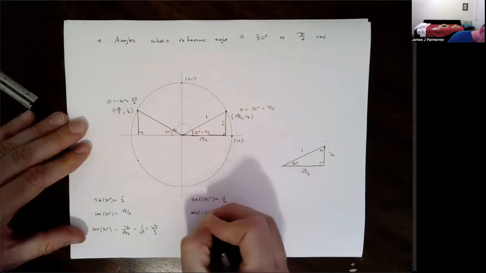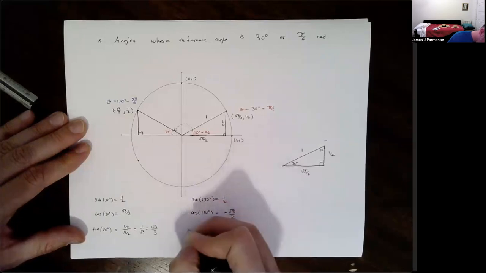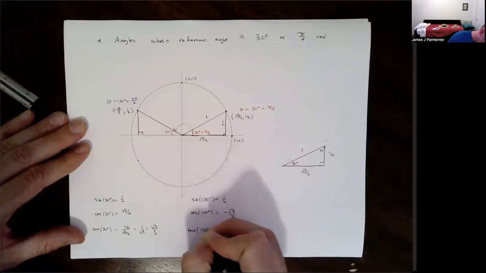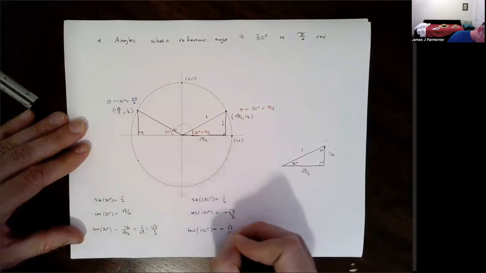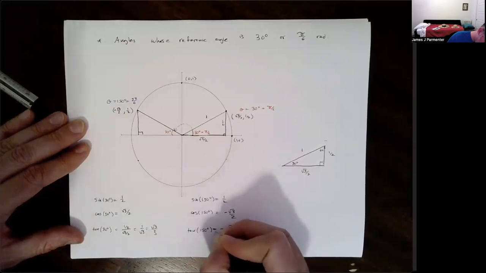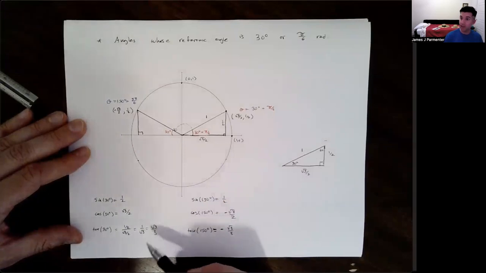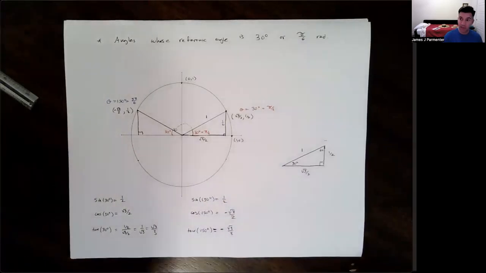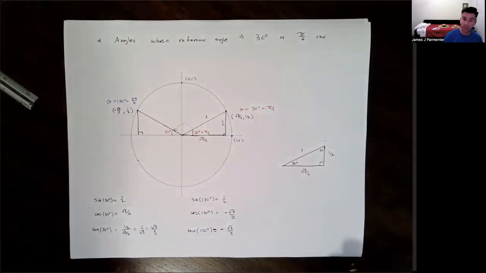Cosine of 150 degrees is going to be negative √3/2. And tangent of 150 degrees is going to be negative √3/3. Because it's going to be 1/2 over negative √3/2, which will reduce to the same thing as this, it will be negative. And then the same thing persists for any other angle whose reference angle is 30 degrees or pi/6